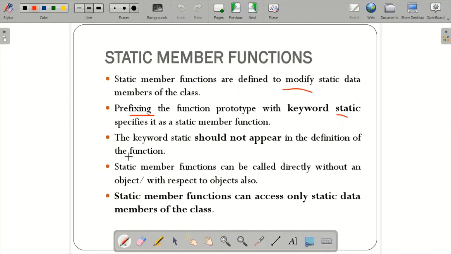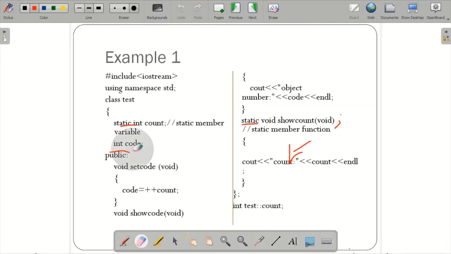So this is the theoretical concept of static member functions. Now let us run the example program and see it. Static int count is my static variable, and this is my normal data variable: a static data member and a normal data member.